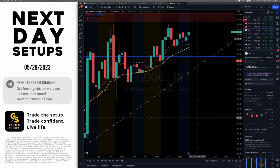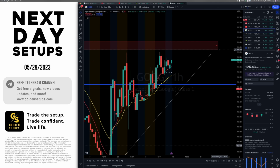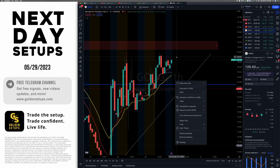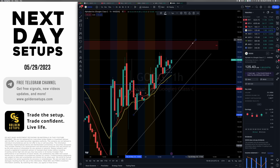Let's check out Google. Google, same thing, looking pretty strong. I really want to see what Google's going to do up here in this 1 hour supply zone from 126.09 all the way up to 126.43. I think a really good setup would be, we get up here with Google. I'm going to go ahead and draw a secondary trend line here just to kind of track the trend. I'd love to see us ride this trend here, reject Google, break down, go from this trend line to this trend line, and then break down and at least come down to somewhere around